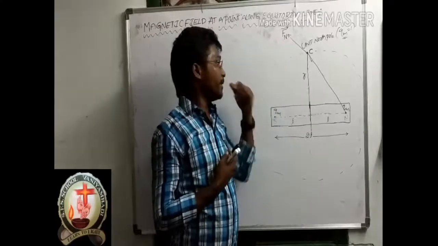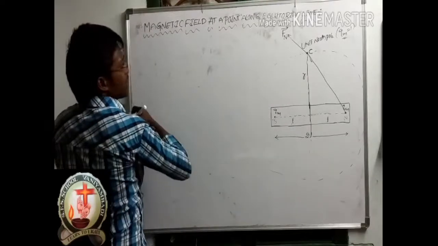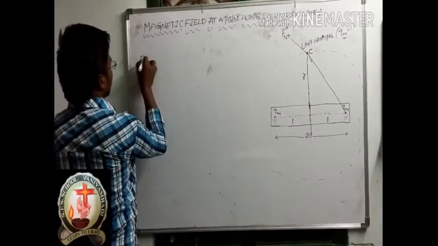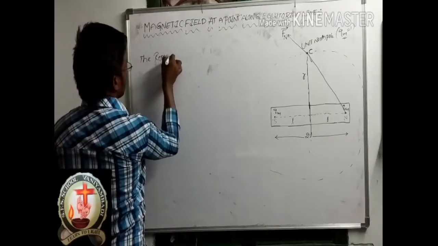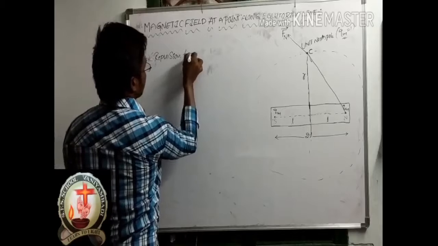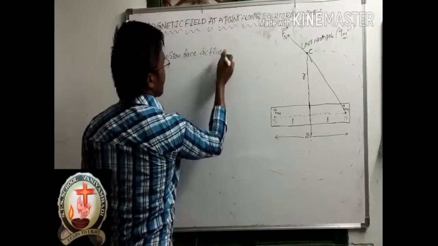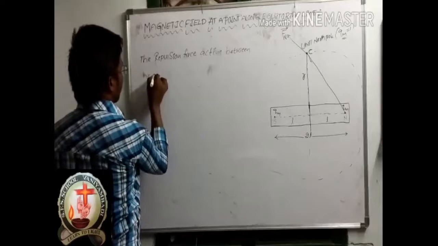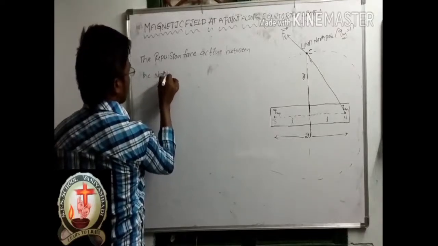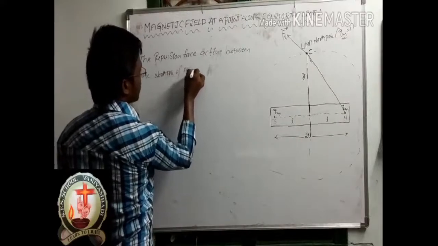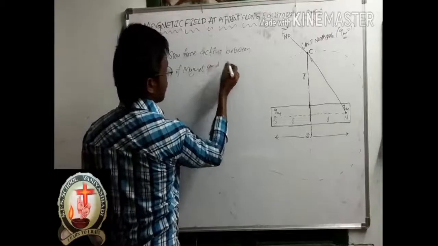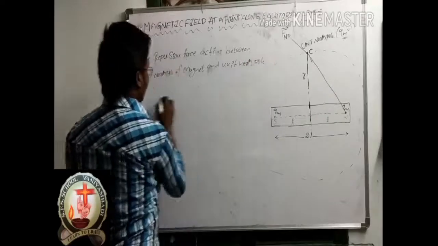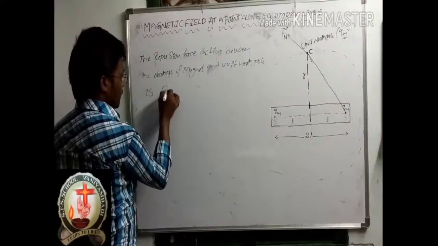Okay, I should write here: the repulsion force acting between the north pole of magnet and unit north pole is Fn bar is equal to,